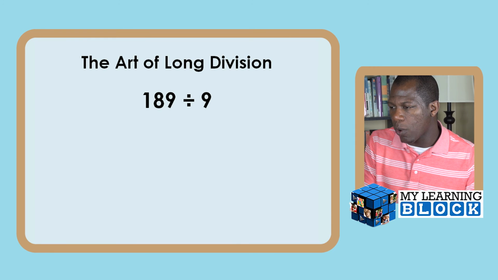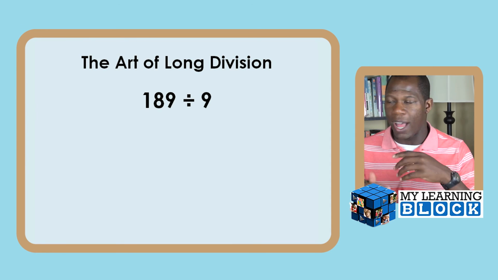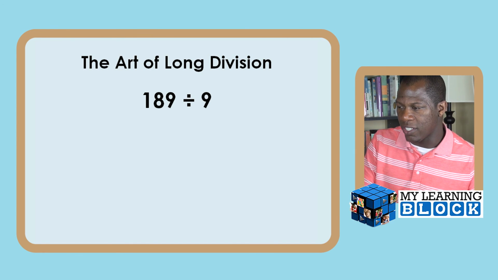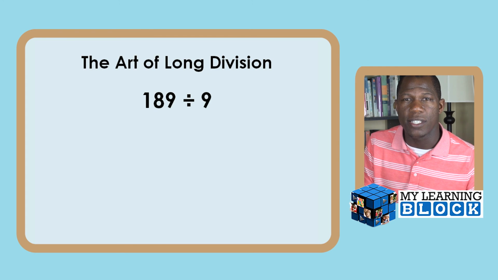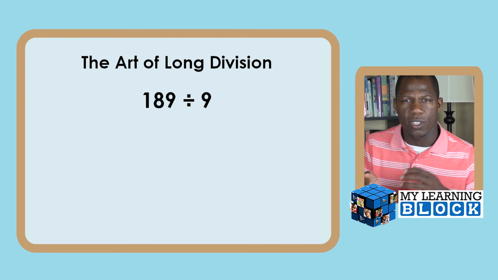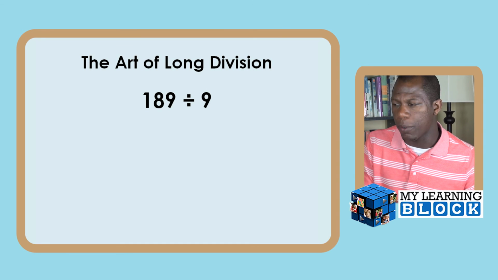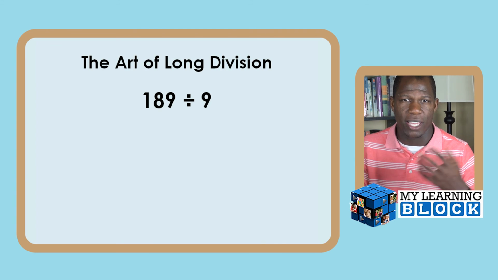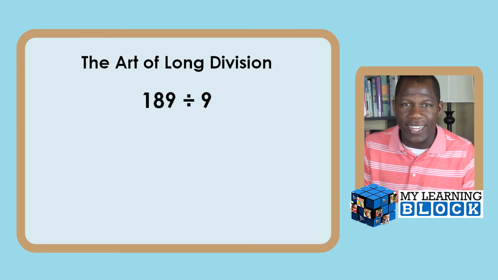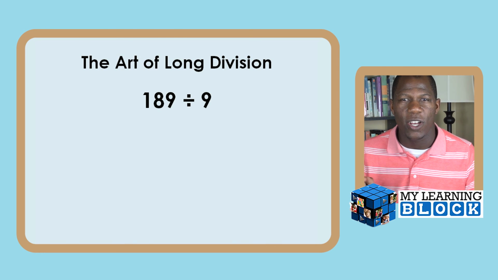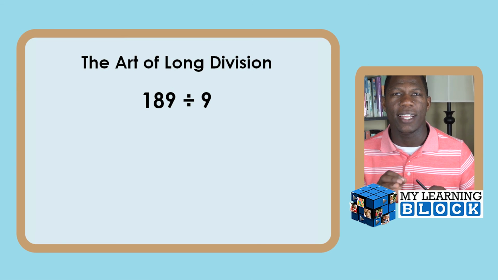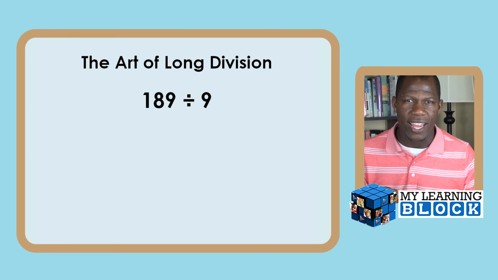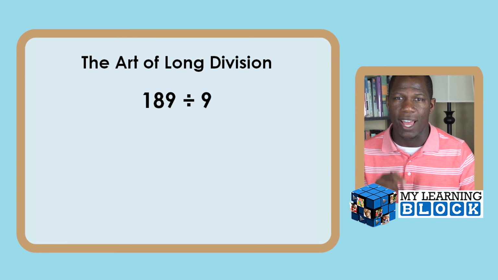So let's start working on how we teach this process. I've taken the number 189 divided by 9. I knew that this number would not have a remainder, because to find out if a number is a multiple of 9, you simply add the digits up. 1 plus 8 equals 9, 9 plus 9 equals 18. If it is a multiple of 9, then it will divide evenly. I know I talked a little fast. Go check out our 9s video, multiples of 9, and it will help you out if you're a little mixed up on what that's all about, and it'll really help your child. I love 9s. But anyway,